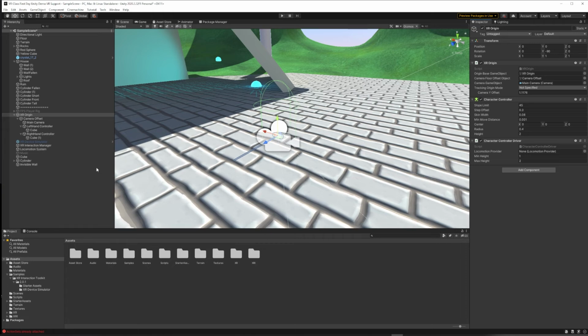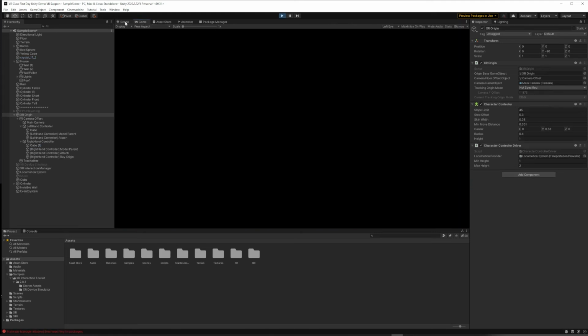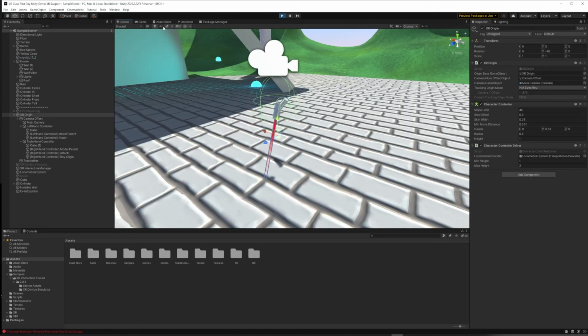The last thing we need to do is hook up our Locomotion system from our hierarchy into the character controller driver's Locomotion provider. Once we have that, if we hit play, I'll jump back to the scene view so you can see what's happening. Here are my controllers, and my head is the camera, and you can see as I move around